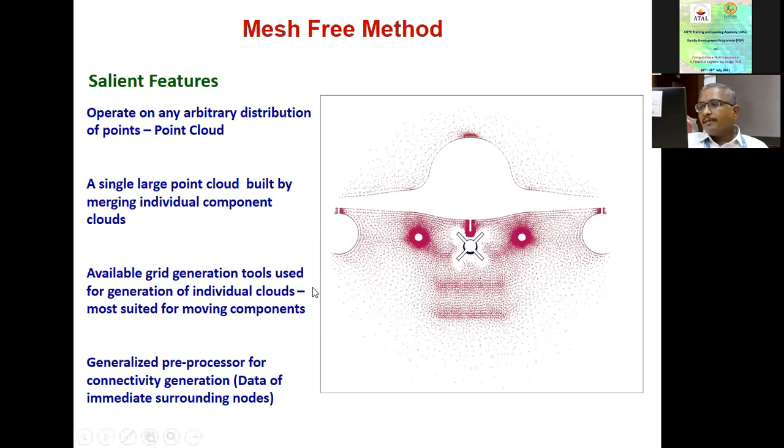Having said that, it is quite easy to make this statement, but we really have to struggle. Before we really solve the equations through CFD tools, we need to generate a generalized preprocessor which takes care of this whole process. That is, source the points from each component grid, combine them together, and there are a lot of other operations which I will not be able to mention in all the details.